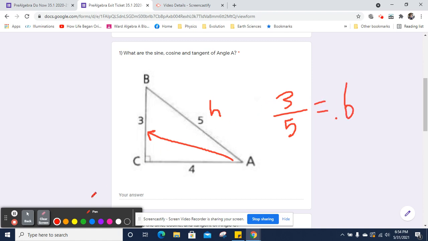So that's the sine of A. Sine of A equals 3 over 5 or